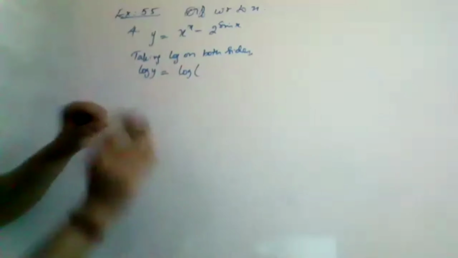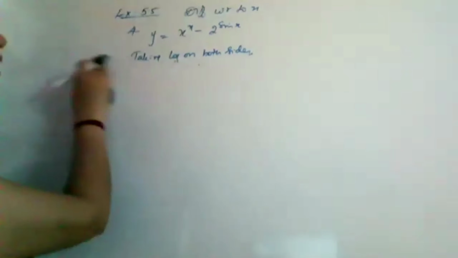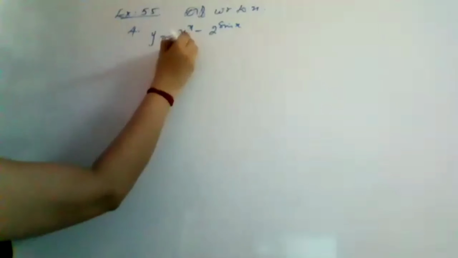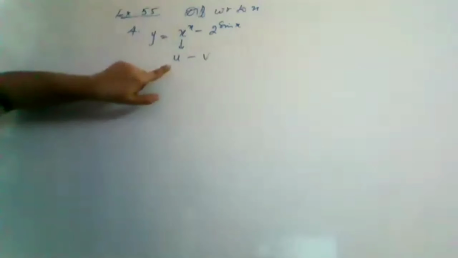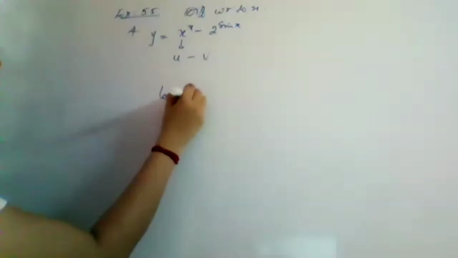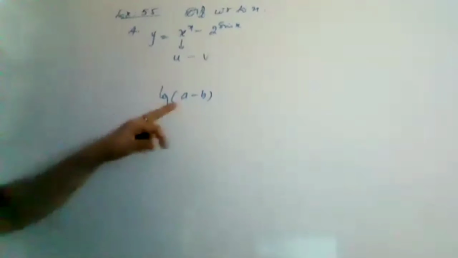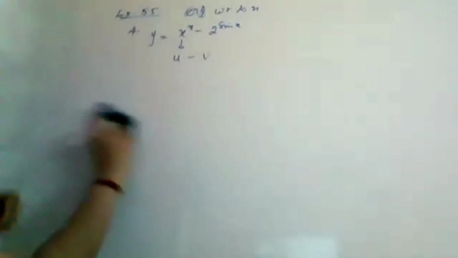Okay, here what we need to do is, you have a negative sign in between, so we cannot directly take that log. What you will do is make this as one term and this as another term. Suppose x raised to x is taken as u and 2 raised to sin x as v. Why? Because if you have log of a minus b, you cannot apply anything. Understood? You don't have any property for log there. That's why we are not applying direct log here.